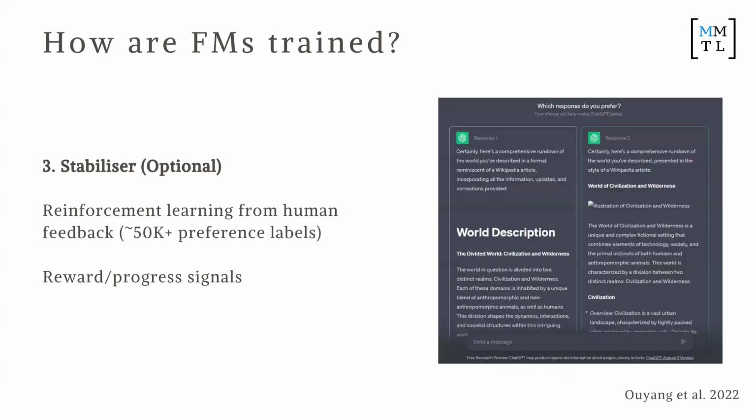Now, the third step, which is completely optional, but a lot of companies now do, is what's called a stabilizer. And this uses a reward signal. If you've ever used ChatGPT sufficiently, sometimes you see two answers come up and they ask you which one is better. That's actually you helping train the system. It basically fixes the behavior and guides it towards something that humans prefer, all the nuances of how humans want their responses. Now this requires around 50,000 practice cycles.